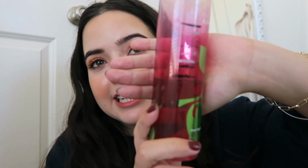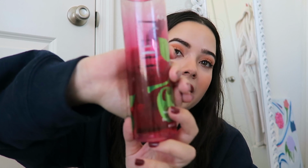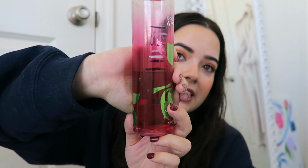I'm using it. This is the least amount that's been used, mostly because I was out of the house for like 5 days when my boyfriend was visiting, so I wasn't using a lot of these products. There's not that much progress in the sprays, because I did decide to take the Sol de Janeiro spray with me when I was out. So that's why there's not as much progress on these items, but there's still progress on this one. It's a little bit harder to see because